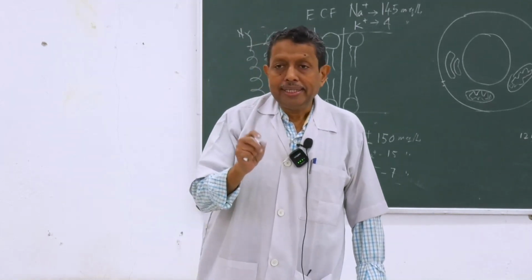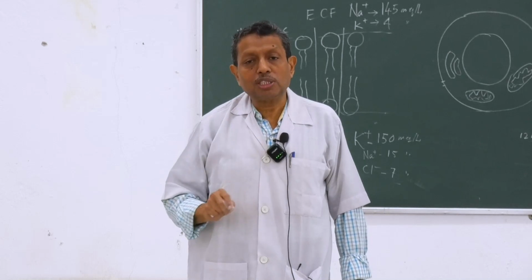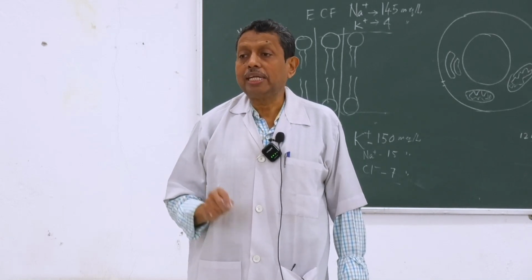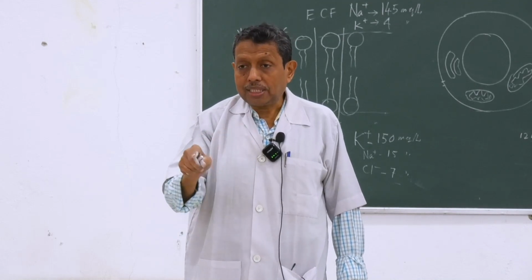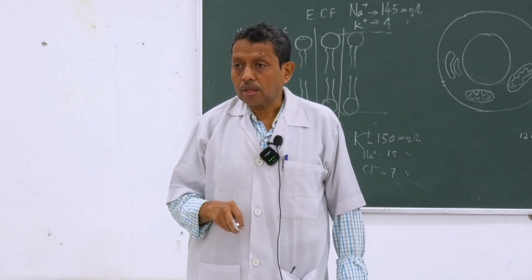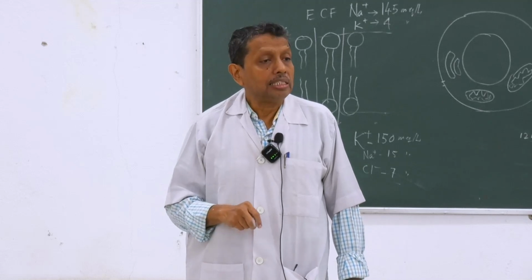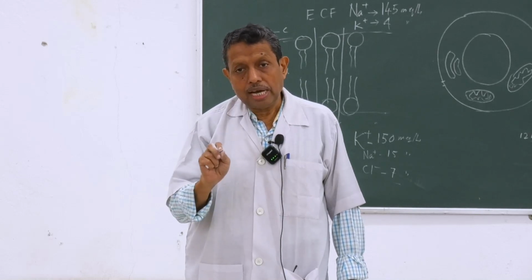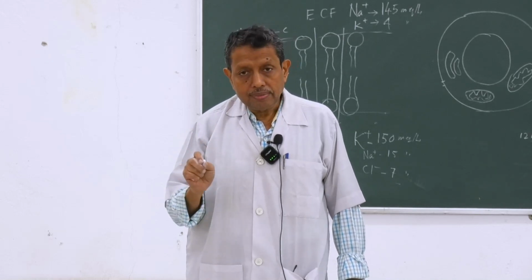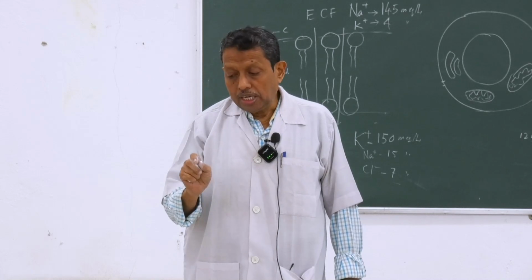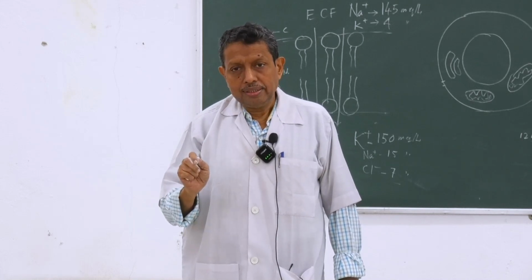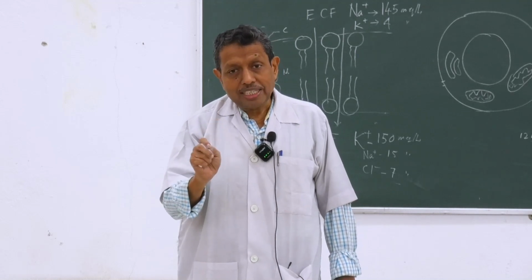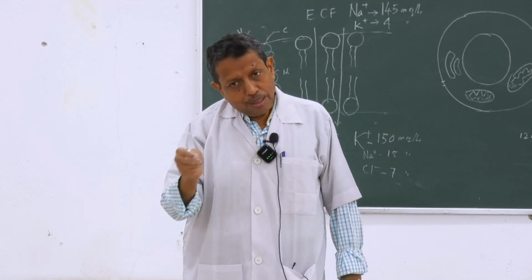You can remember the structure of the neuromuscular junction, skeletal muscle. The neurotransmitter in skeletal muscle, what is its name? Acetylcholine. It is the universal acetylcholine, and it is liberated from the nerve endings. When there is an action potential, then due to opening of the voltage gated calcium channels, calcium enters into the